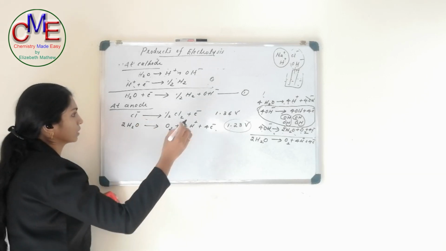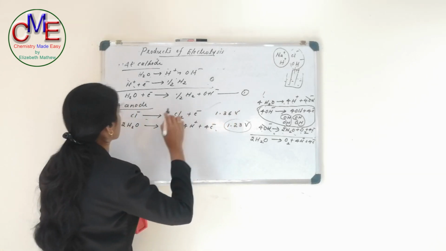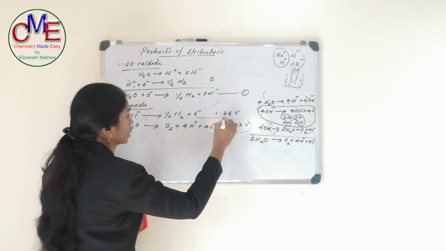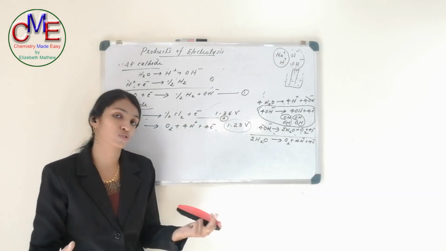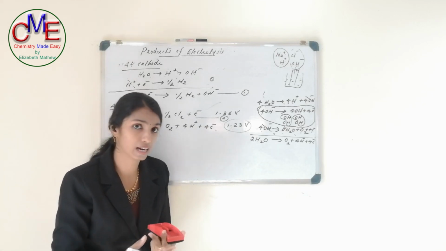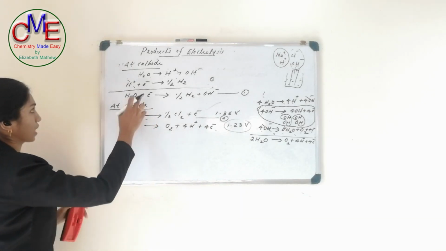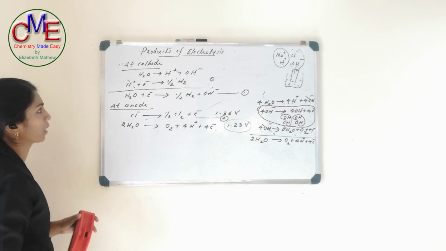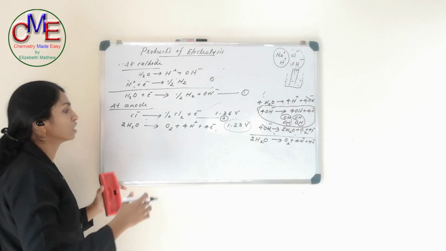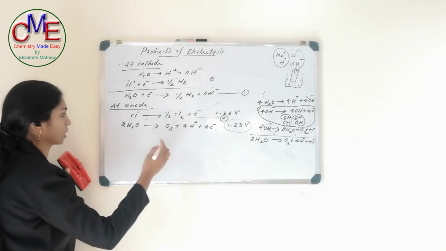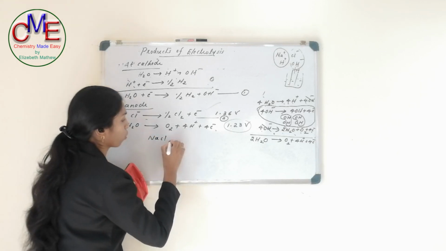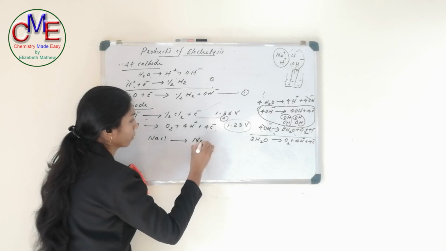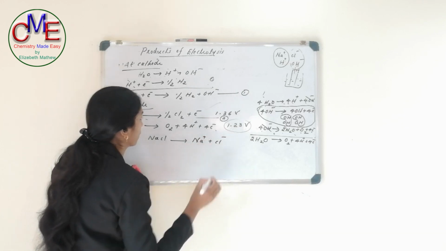Okay. So this is the chemical reaction that occurs at the anode. We can mark it as equation number 2. Then the net reaction, what is the product of electrolysis? We can write the net reaction by the sum of the reaction that occurs at the cathode and the reaction that occurs at the anode. So we can write again this equation. First, here we are using sodium chloride solution. This sodium chloride dissociates to form Na plus ion and Cl minus ion.